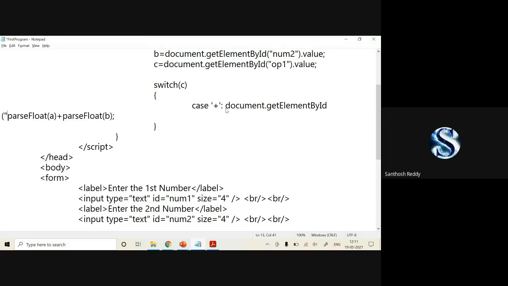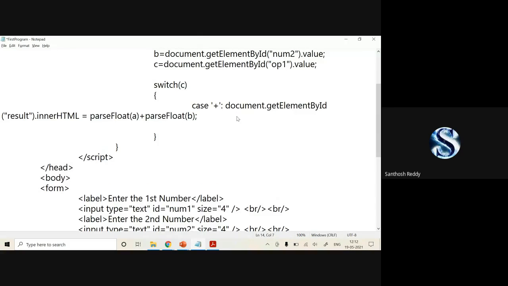In which location I have to write, in the result location, so I'm specifying my location. If you want to display your result in the same page, you have to make use of innerHTML is equal to, that's it. And then you can write break.